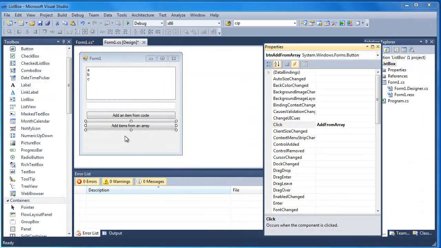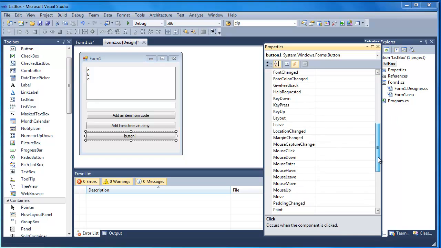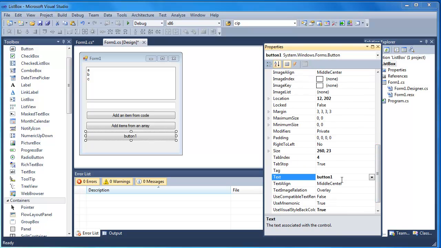Okay, so let's take a look at how we actually get the items back out. What I'm going to do is add another button here, and change a property of that button. I'm currently in the events view, so I must make sure I've got the properties so I can actually see the items here. I'm going to go down and find the text that says button 1 and put in here